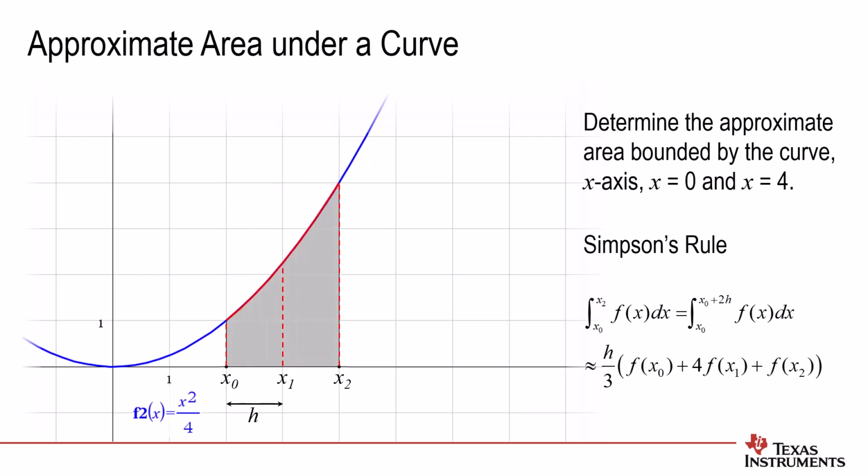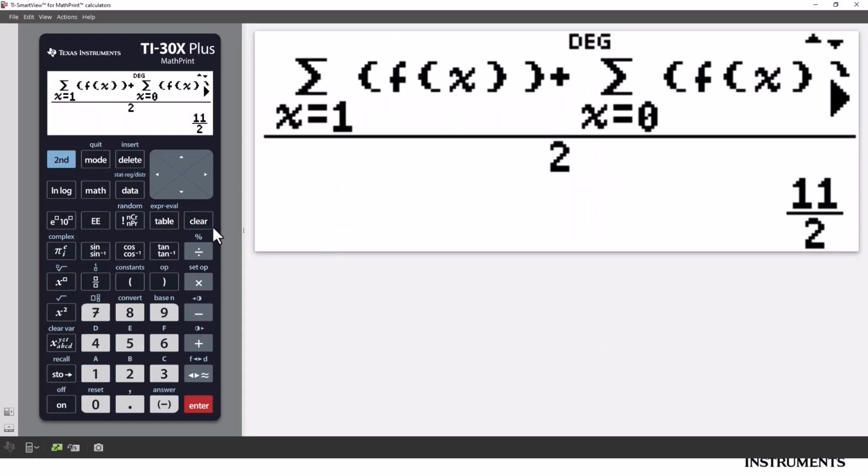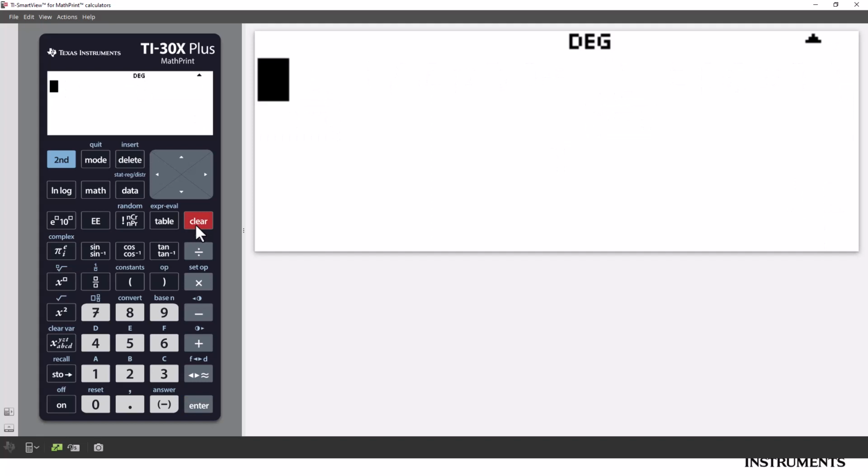That'll be that spot there. And then we'll do another calculation from 0 to 2, because it's important to see how that all works. So I'll jump back to my calculator. I'll clear off those calculations. Now our width, we said, was 1. So the formula had us doing 1 over 3